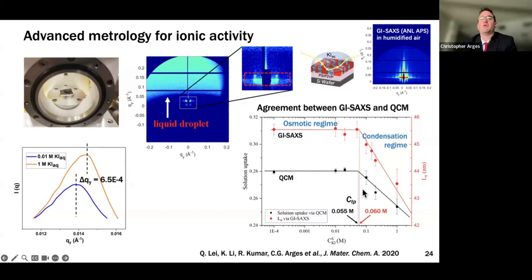So now we get more co-ion inclusion, we get more salt ions within the film, we get charge screening, we see dehydration because the liquid droplet behind it wants more water. This is where the solution uptake and the periodic spacing goes down at this transition point. This transition point is not a really accurate way of looking at activity within the film, but it gives you a proxy. What you can see here is about 0.05, 0.06 molar, and this material would have a molarity of 1.9. So it tells you that a large fraction of these ions within the film are, quote unquote, condensed, or not contributing to activity.